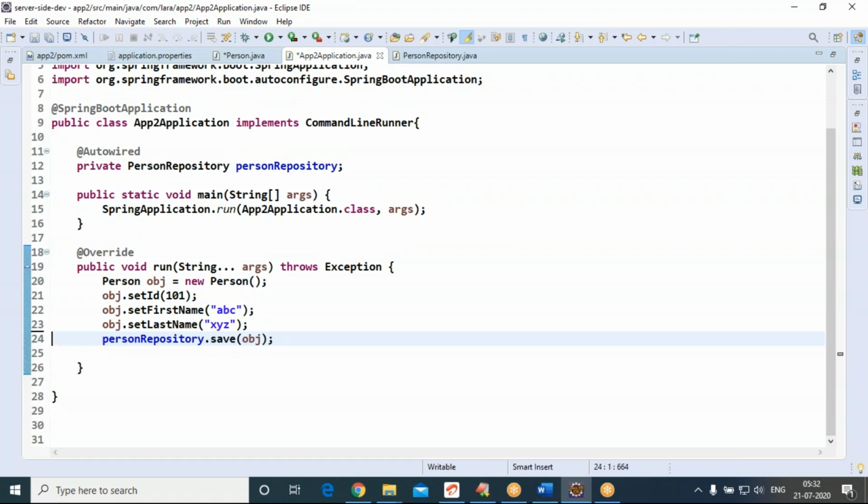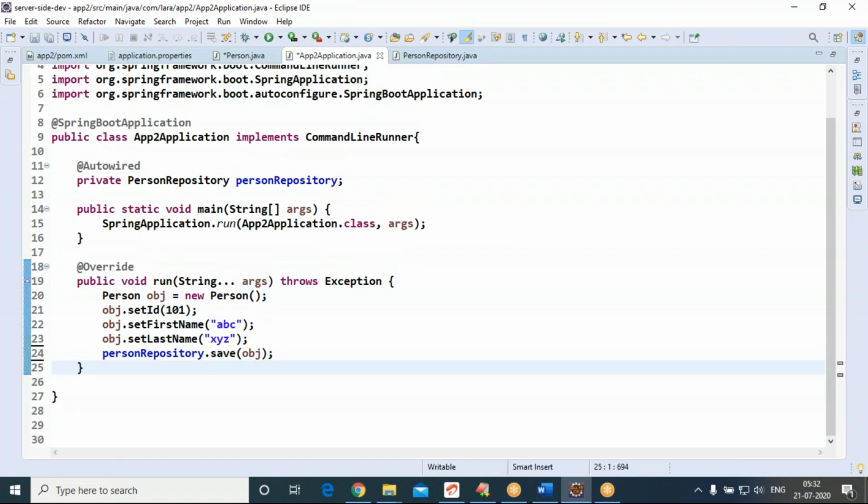Through person repository. The run method is automatically executed while starting the application through main. The main method automatically calls the run method. The run method defines one person object and saves that person object through person repository.